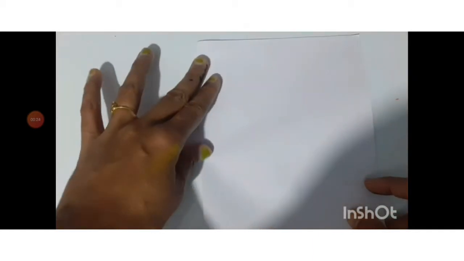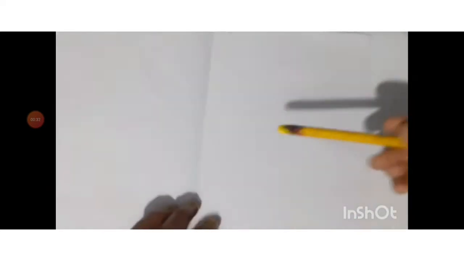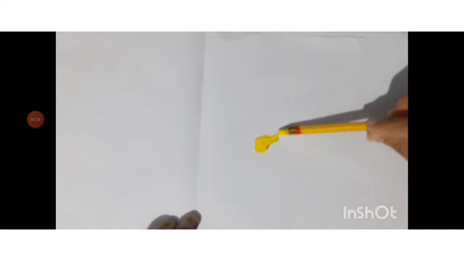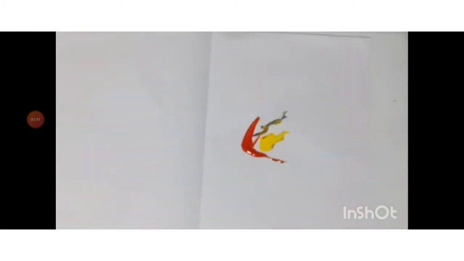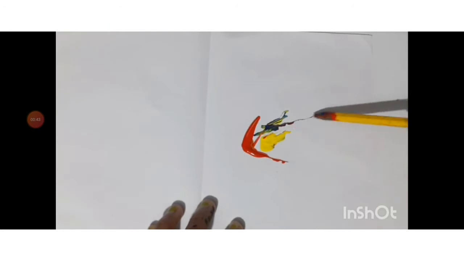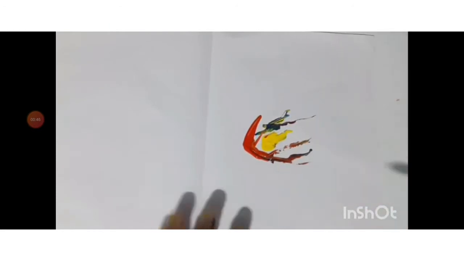Try this. Student, let's do some activity to understand symmetry. Take a paper, fold it so that it gets divided into two equal parts and unfold it. Now you must be having watercolors at your home. Take any color, whichever you like. You can make any shape. Make a blob of a color on one part. Anything, any color you can use.